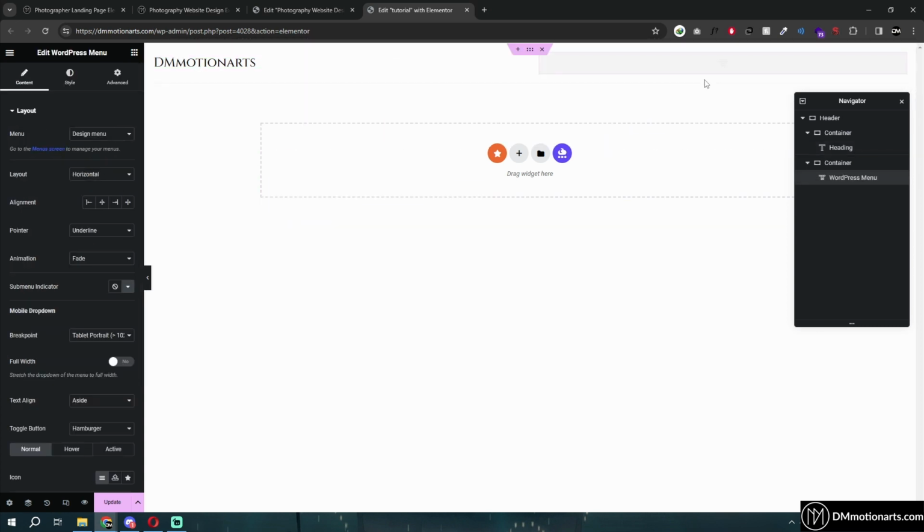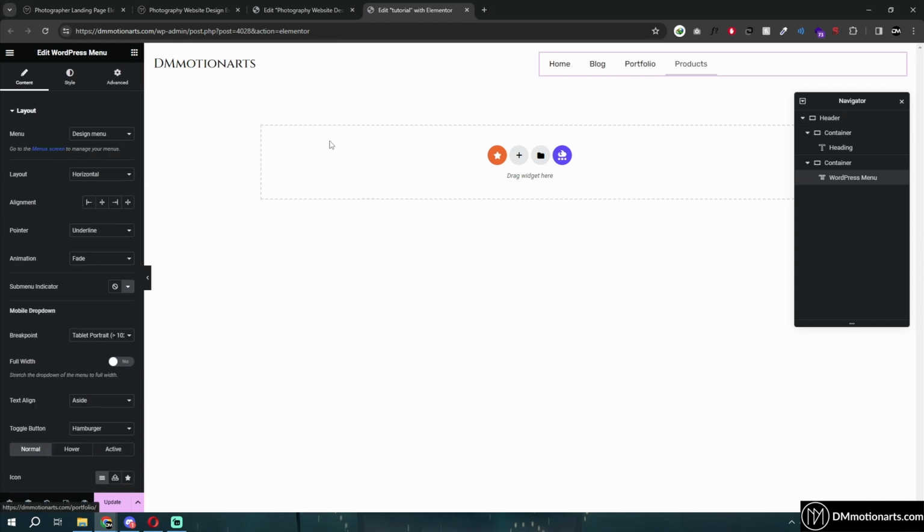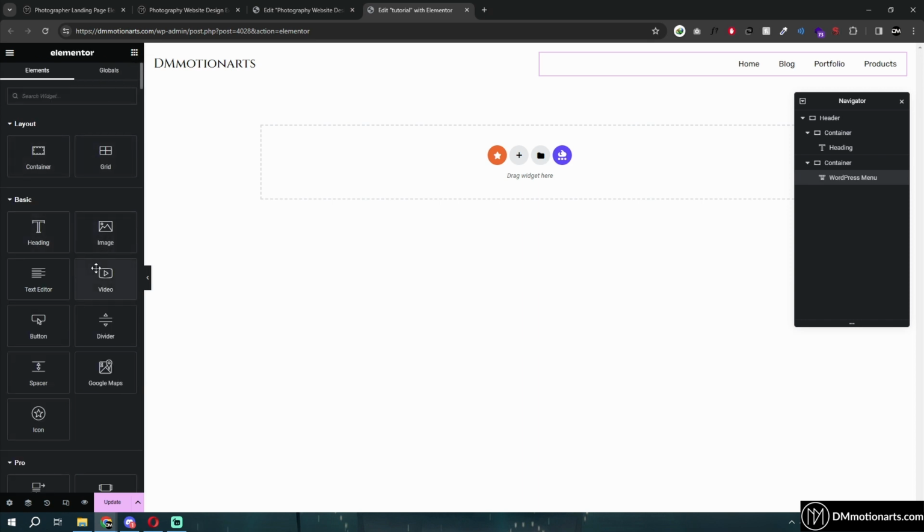So basically let's just add our WordPress menu there. Looks good. I'll select it and then make it go on the right side. Next I'll add a button,